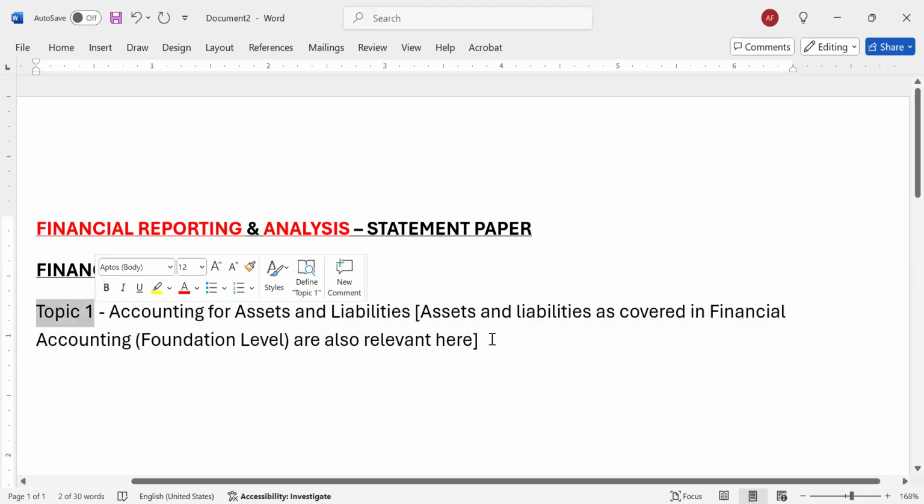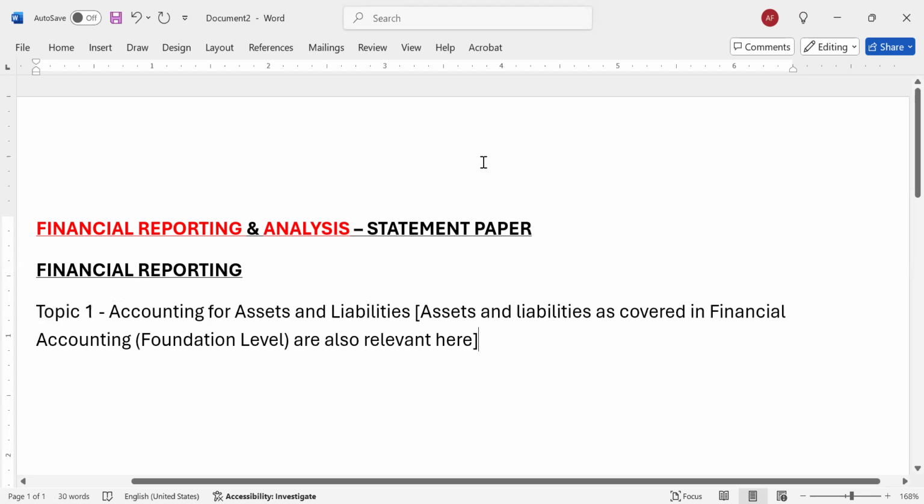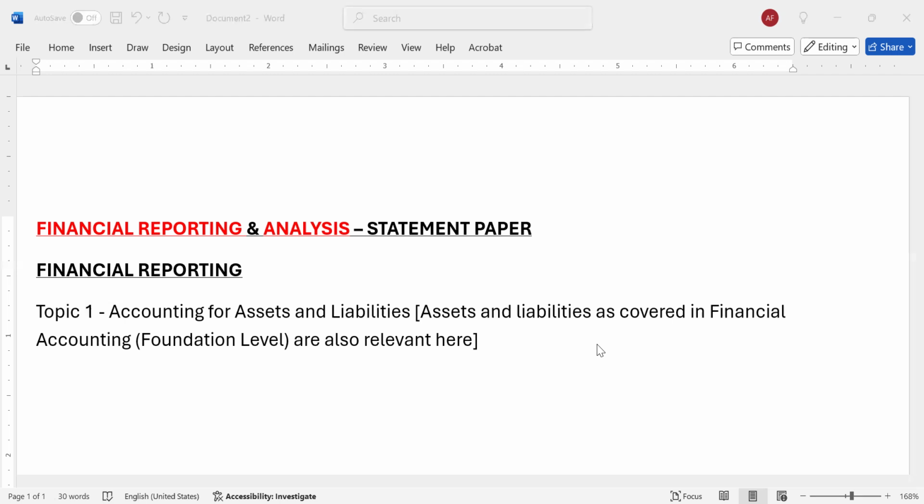In addition to what you handled, there are some areas that we are going to be introduced to, which probably we didn't handle in our basic level of financial accounting. These concepts will include deferred tax. You'll talk about maybe accounting for leases. So these are some of the specific areas that we are going to be introduced to, which we didn't handle in our basic level of financial accounting. So that is topic number one. Now to topic number two.